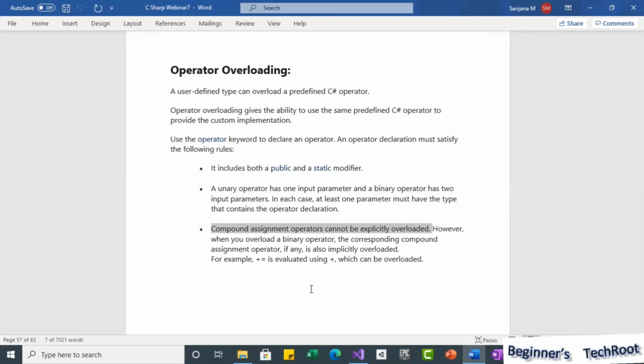However, when you overload a binary operator, the corresponding compound assignment operator is automatically, implicitly overloaded. When you overload the plus operator in any type, then automatically for that type you can use plus equal to also. You cannot define operator overloading for plus equal to explicitly.